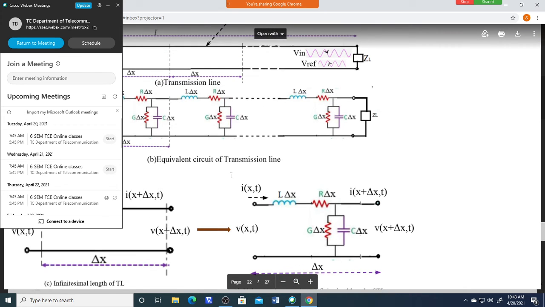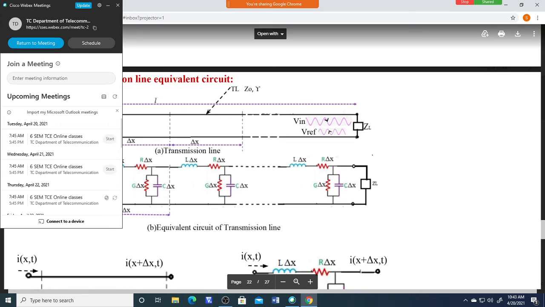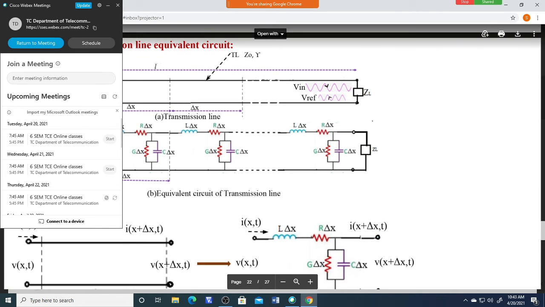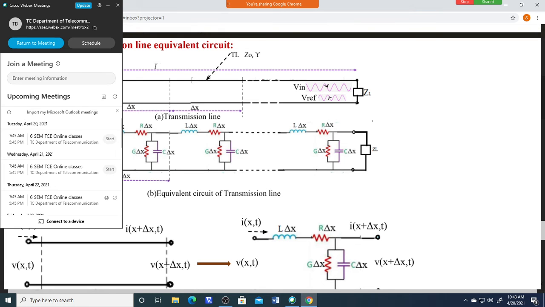To obtain that equation, what we are doing in the next topic is, we will derive the equation. Using those equations, we can find what is the voltage at a different position over the transmission line. Substituting the distance at which you are measuring that voltage, current or impedance, you can get the value of those parameters using those equations. So now we will see how to derive that equation.